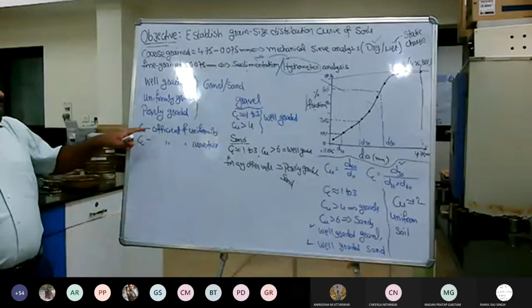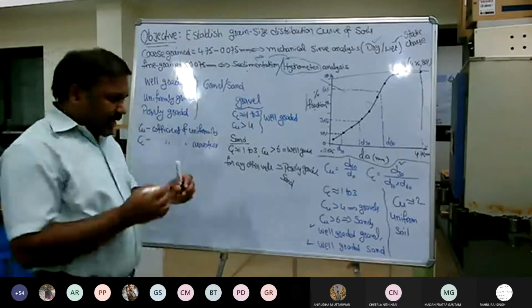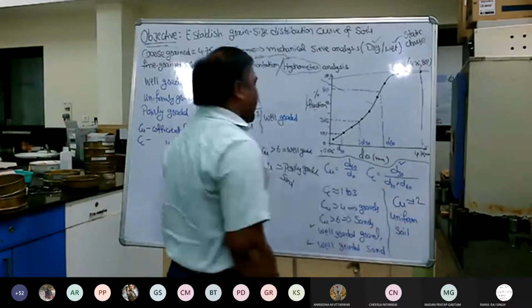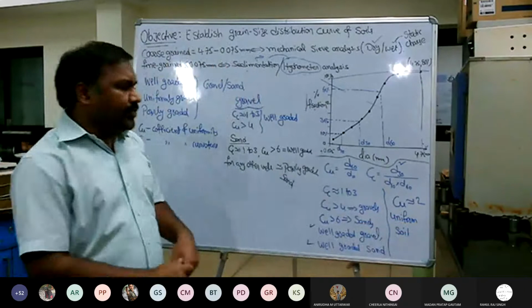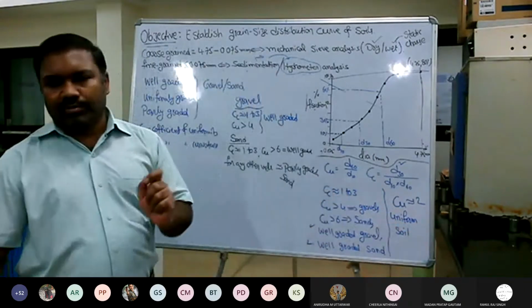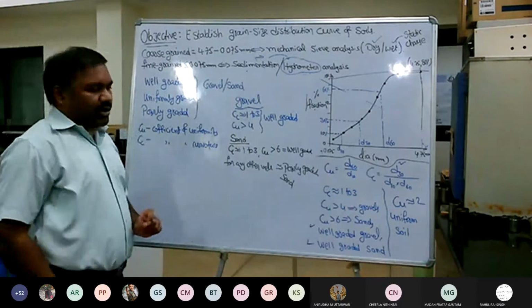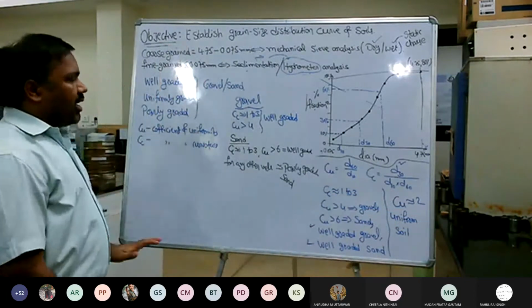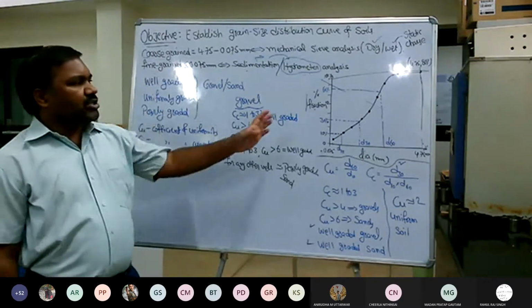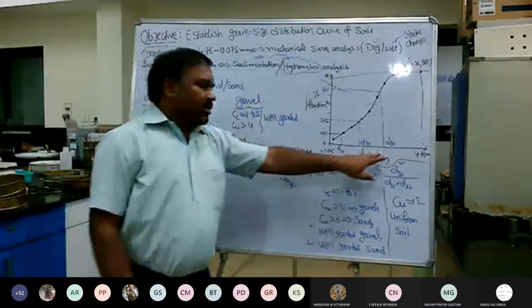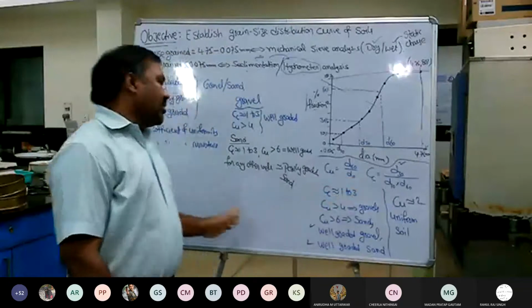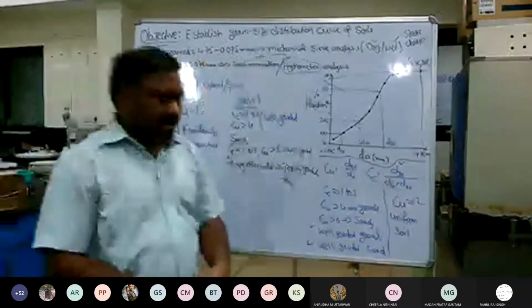Now there is another classification, that is uniformly graded. In that case, if Cu is approximately 2, then whether the material is gravel or sand is immaterial; that particular material is called a uniform soil. So this is a brief description about today's experiment, that is the establishment of the grain size relationship, which is the particle diameter versus percentage finer. This is the curve and this is the classification system of a given soil.